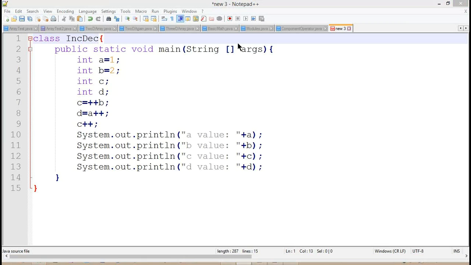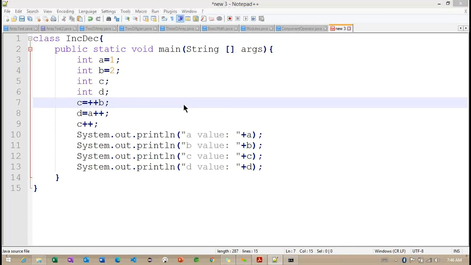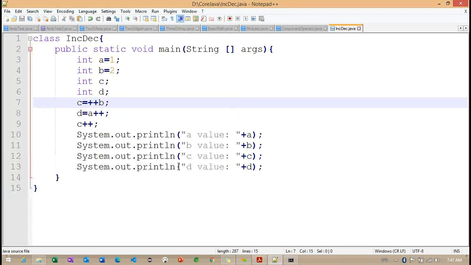Can you please let me know what your outputs are here? Try to think and provide your output here.